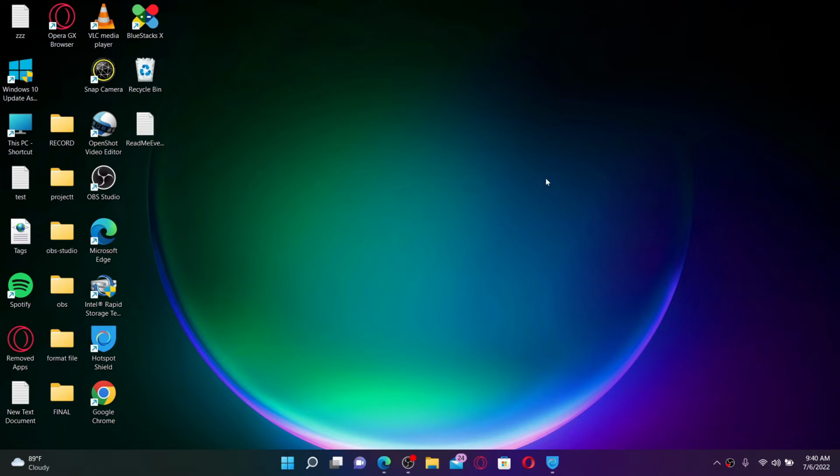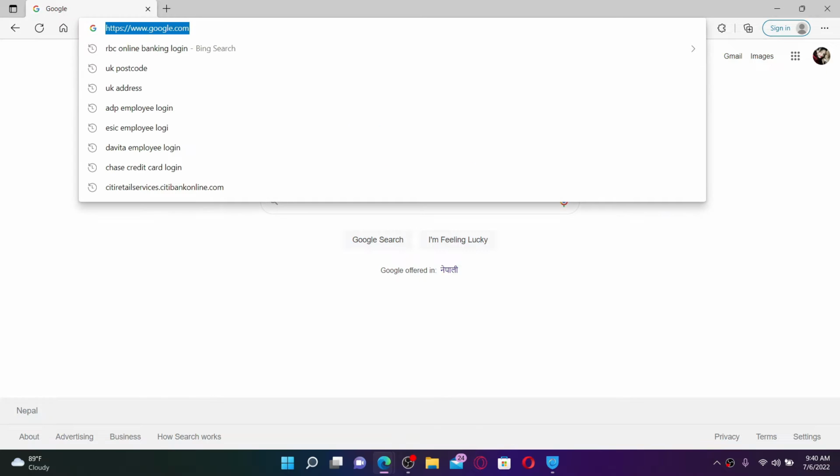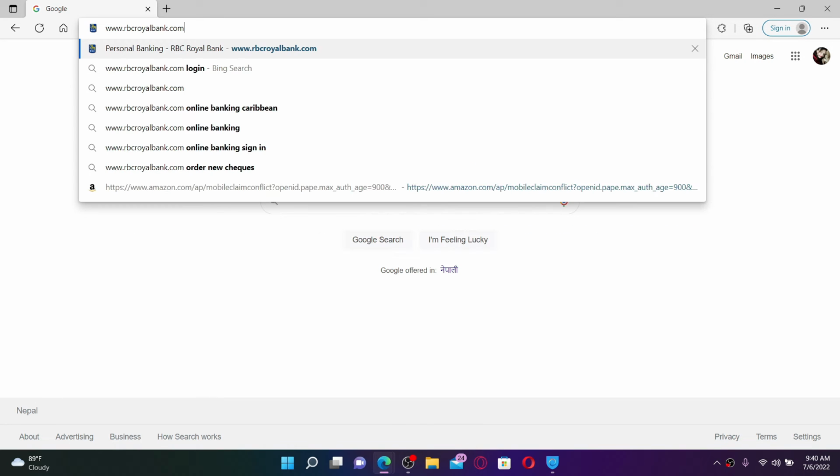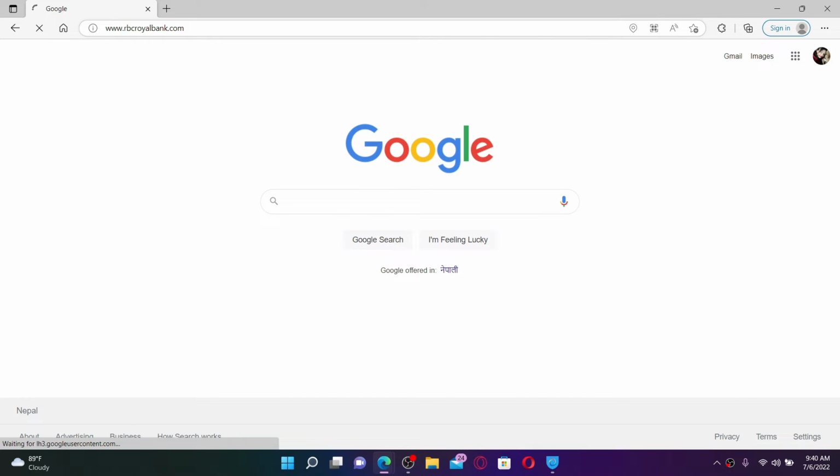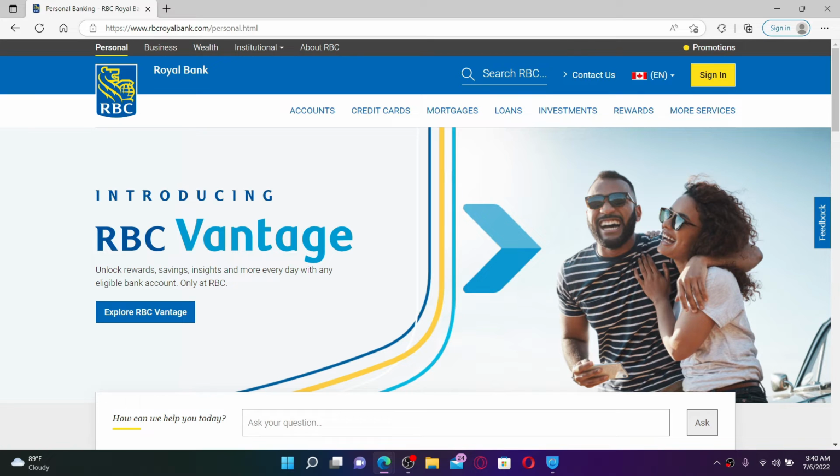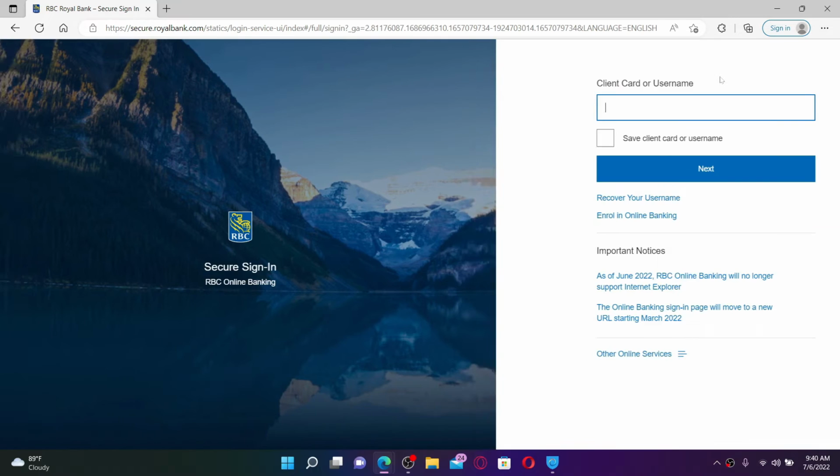Start off by opening up a web browser. In the URL box at the top, type in www.rbcroyalbank.com and press enter on your keyboard. Doing so will take you to the official site of Royal Bank, which looks like this. Go to the top right hand corner and click on the sign in button, which will take you to the